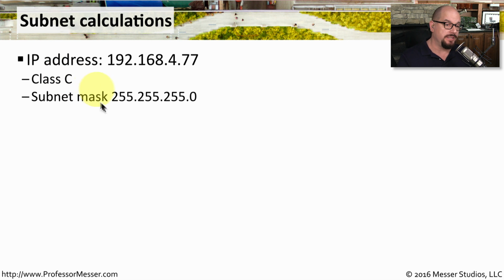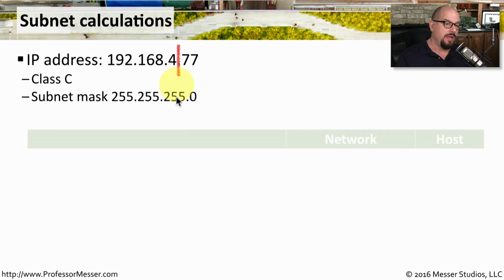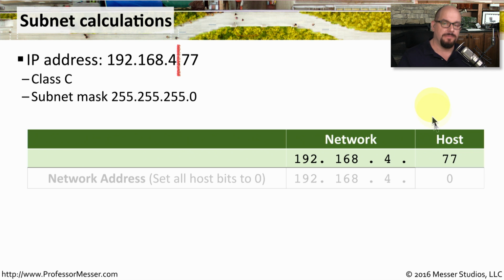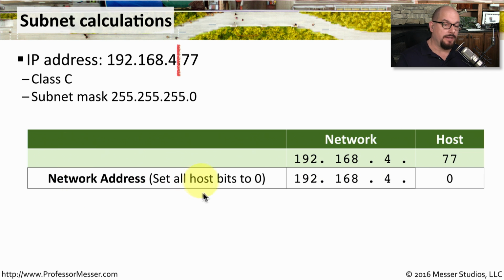If we look at that first octet of 192, we know this is a Class C address, so it will have a default subnet mask of 255.255.255.0. That means we're going to draw the line right after that third octet, making the 192.168.4 the network part of the address and the 77 as the host part of the address. To find the network address, then we're going to set all the host bits to 0, and there's only a single octet of those. So the network address is